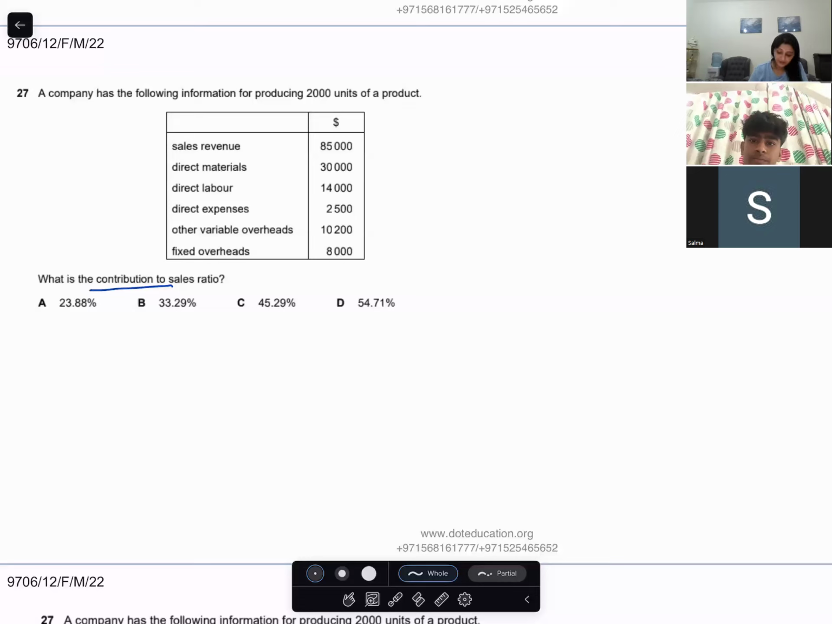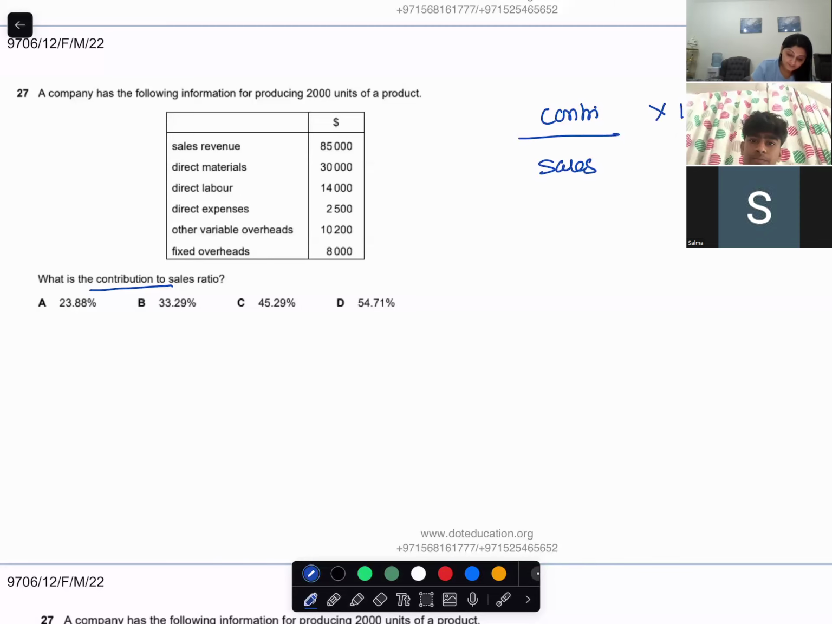Contribution to sales ratio. How do you calculate? Yes, ma'am. To find contribution to sales ratio, the formula is contribution divided by sales into 100. What is the sales? The sales is 85,000. What is the contribution? To find contribution, you have to do sales minus variable cost. So it's 85,000,